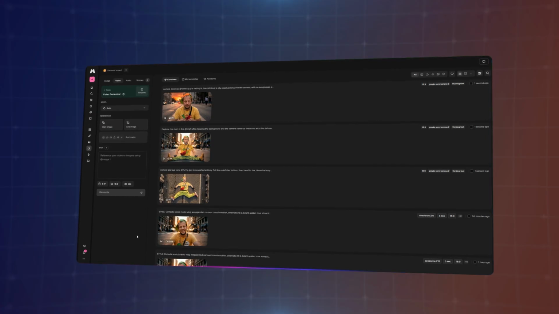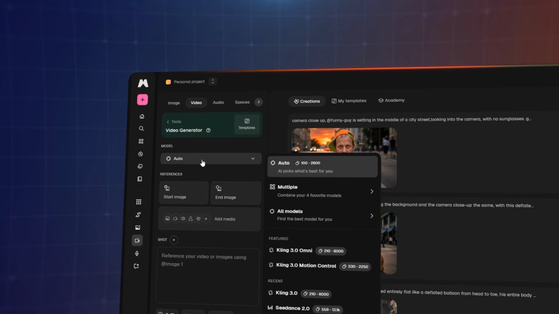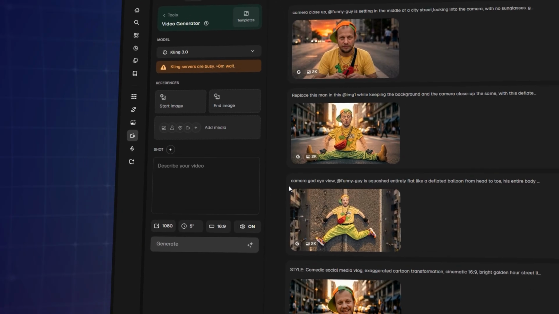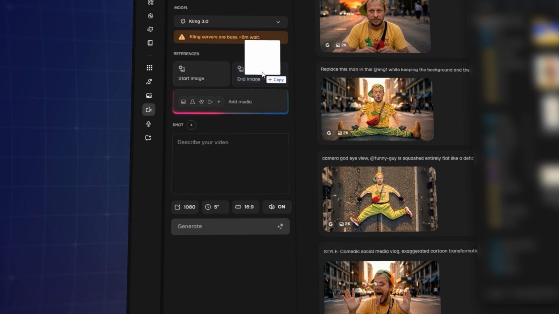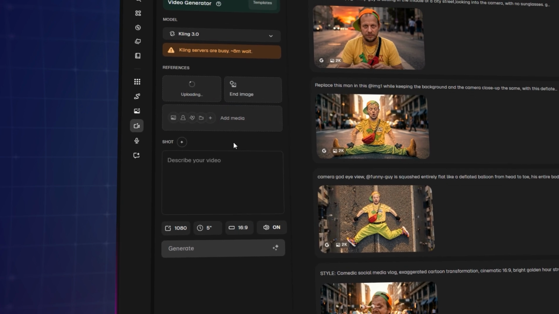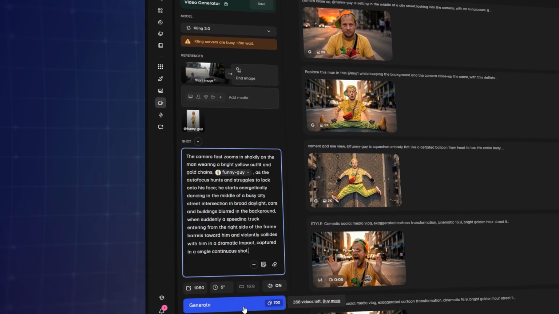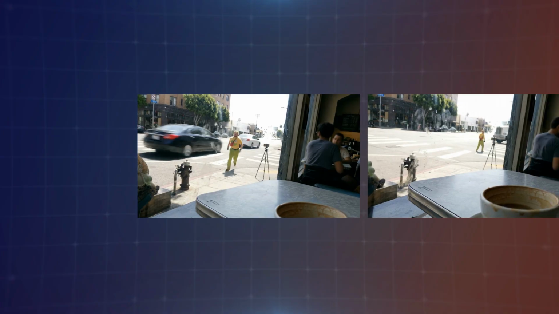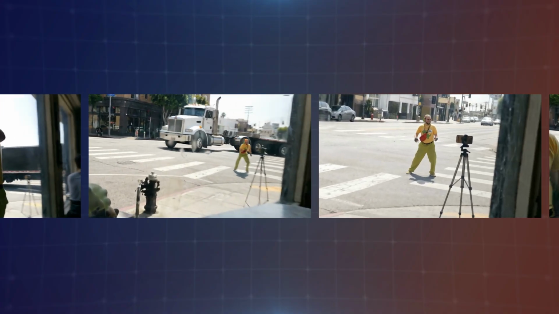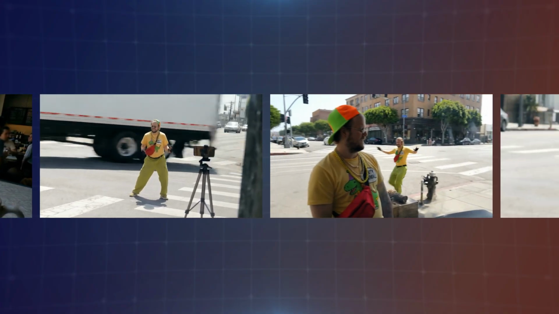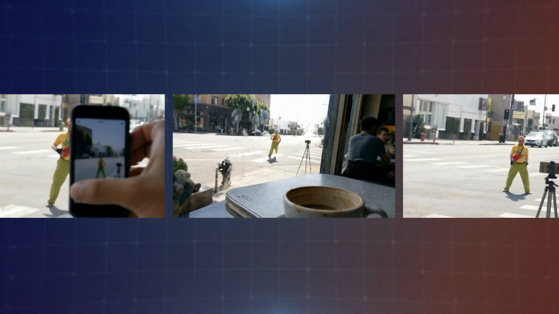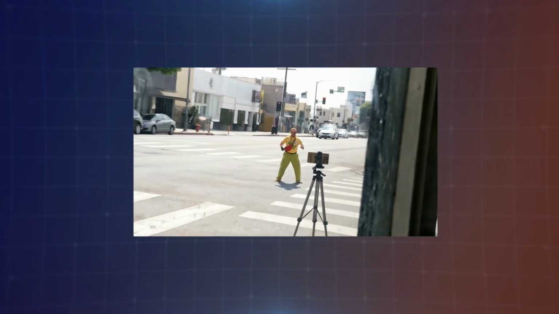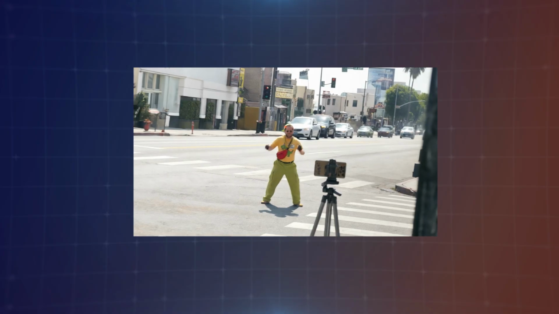Still inside Magnific, I swapped over to video and selected the Kling 3.0 model. You set your duration here, ratio here, and camera motion here. For footage 1, I only put in my start frame. Insert my prompt. And naturally, it failed. 73 generations. I tried massive, complex, highly detailed JSON prompts to force the collision. Nothing worked. Ironically, stripping it all the way back to the absolute simplest prompt is what finally got it to move